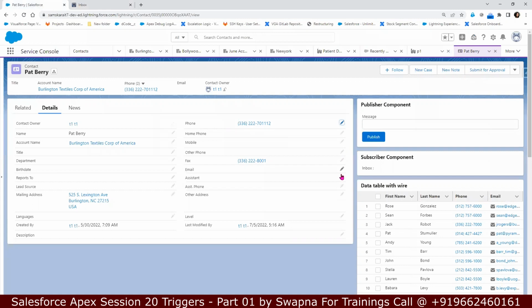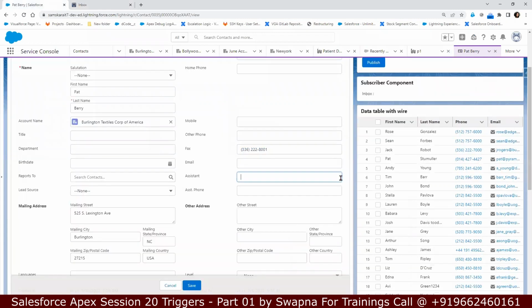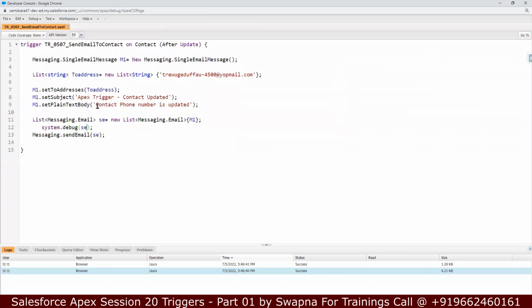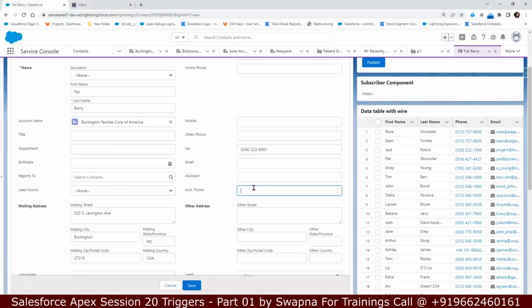here, even if I update the assistant phone number, okay, if I update the assistant phone number, also I'll get the same email. Whatever the data I update in the contact, it doesn't matter. It is saying here contact phone number is updated, but nowhere am I verifying whether it is the contact phone number that is updated or any other phone number. Because if I try to update this phone number or I'm updating the email,